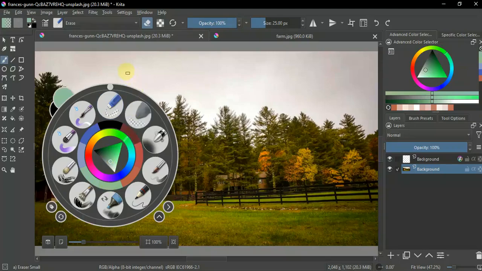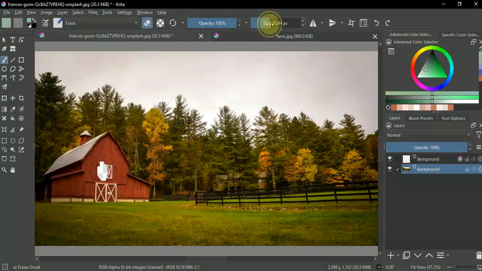With the eraser tool selected, you can start erasing on the canvas. Just click and drag over the areas you want to remove. If you want to change the size or type of the eraser, look at the top of the screen where the tool options are displayed. Here, you can adjust the brush size using the slider or choose a different brush preset for more creative erasing